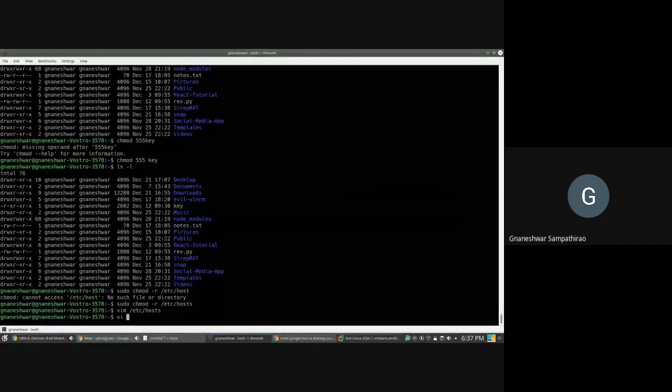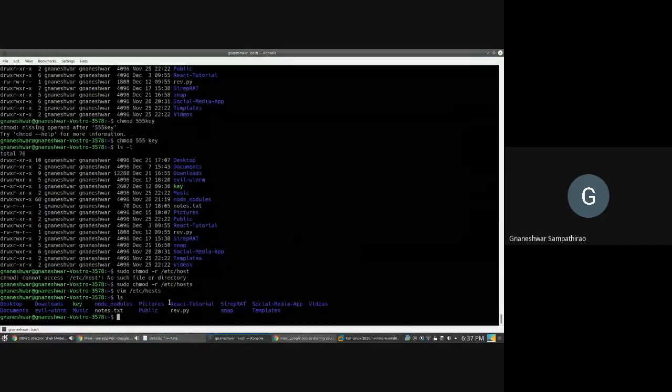So you can even use Vi. At present, if you see, there is something called notes.txt, but there is nothing called notes1.txt.